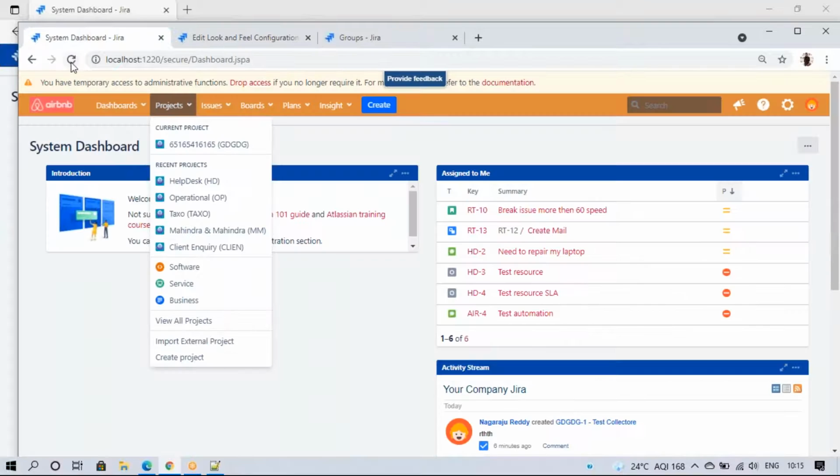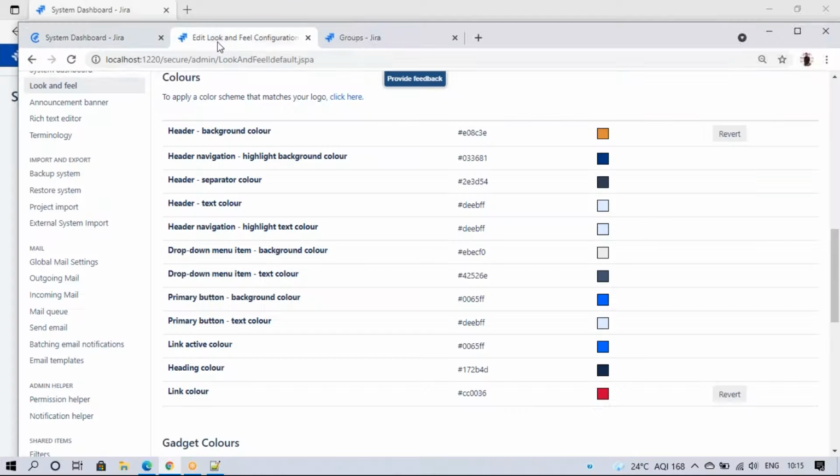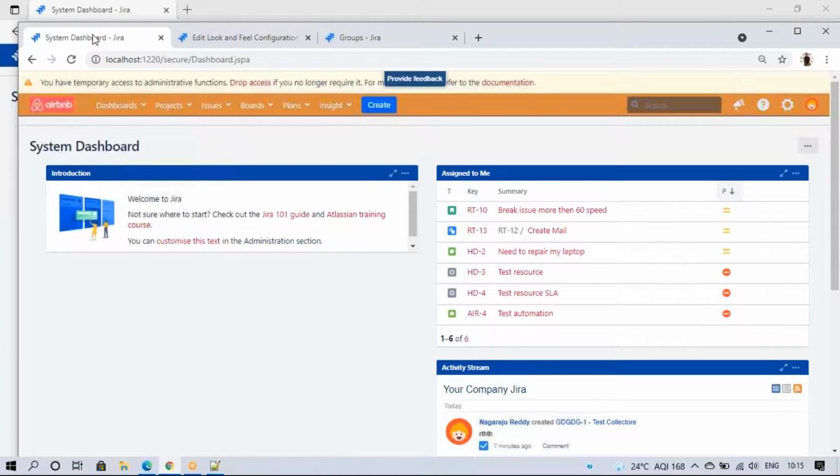When I added this Airbnb logo, it changed by default, but we can revert everything to the previous colors, and we can change it from wherever we want. Dropdown menu background color, text colors, all.